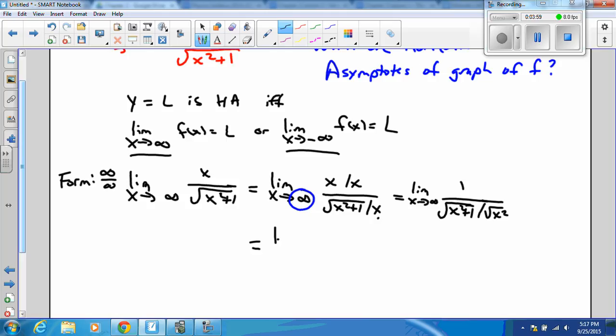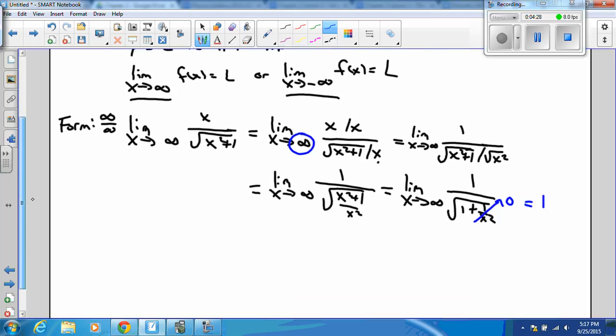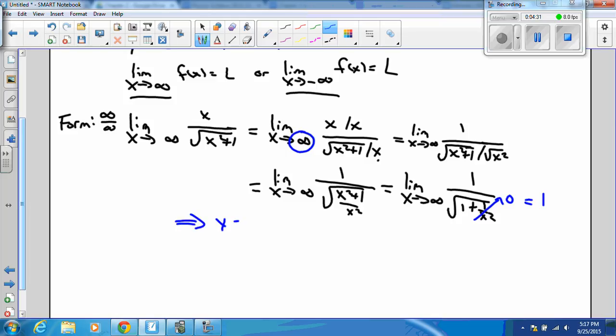Just like that, which now allows me to write root x squared plus 1 over x squared, which in turn simplifies to root 1 plus 1 over x squared. And finally, I can use my theorem that 1 over x squared is going to go to 0 as x goes to infinity. So this gives me positive 1 as the limit as x goes to positive infinity, and I conclude that y equals 1 is a horizontal asymptote of the